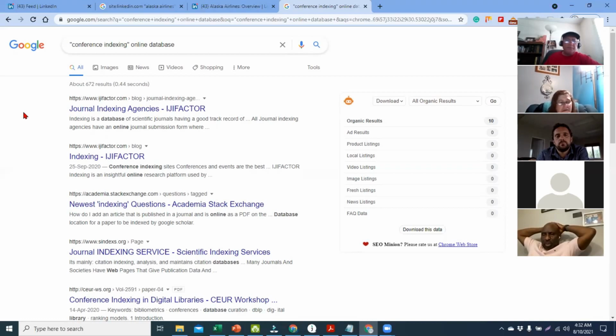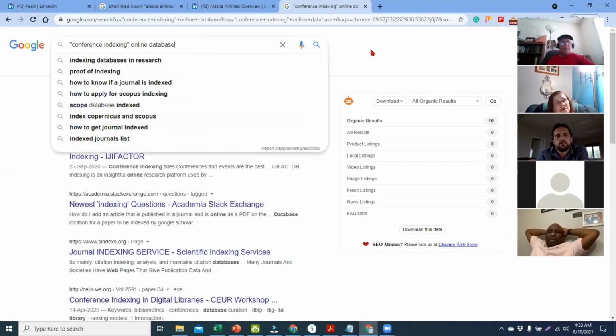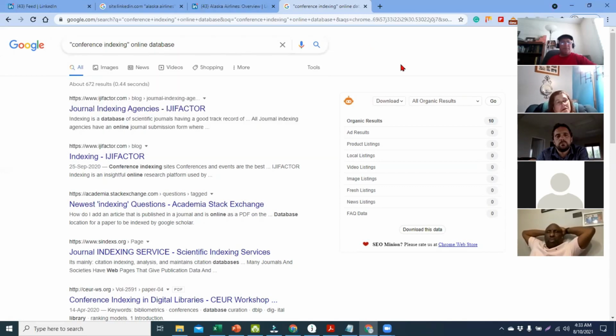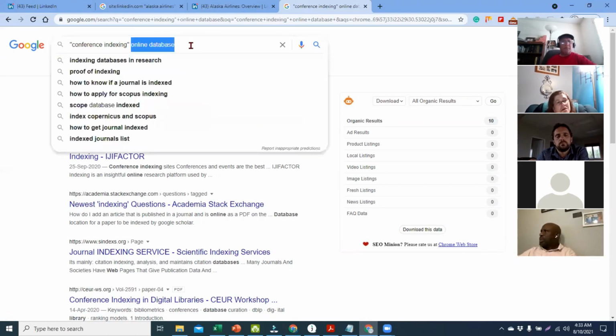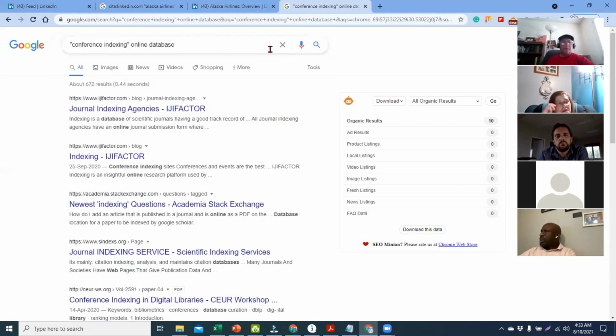We are trying to get our site indexed there somewhere, or would like others to have a lot of mention about us. So Wikipedia is one general platform as an example. But in your case, like for instance, I just did a very short query, because I'm not sure exactly where to go, honestly. So I just put conference indexing and then online database, or I could put something like